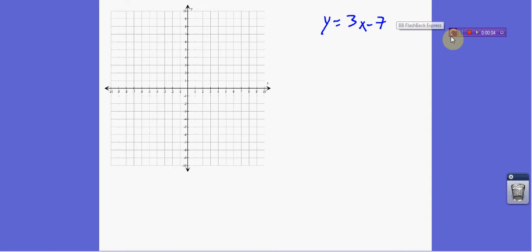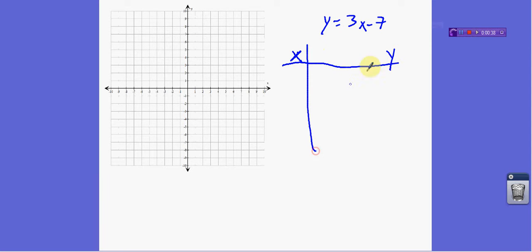Alright, so we're going to make some tables here in order to graph our linear equations. The tables that we're making are no different than what we were doing this past week here in class, so it should be familiar to you. We're just going to take it one step further and graph our equation. So I'm going to set up my table here, and I'm going to start with x and y,